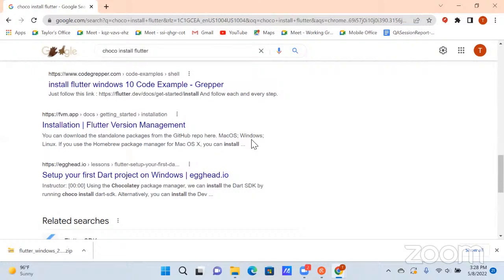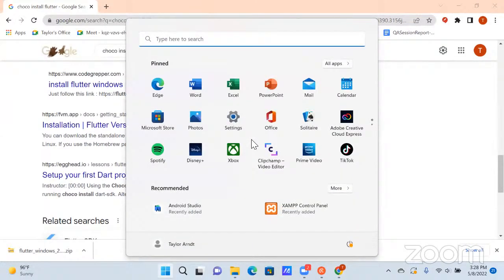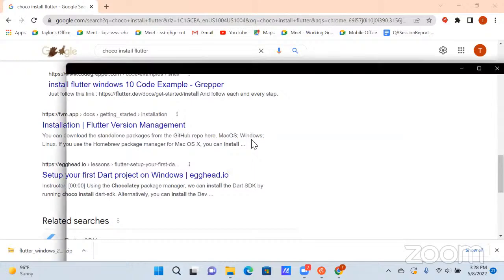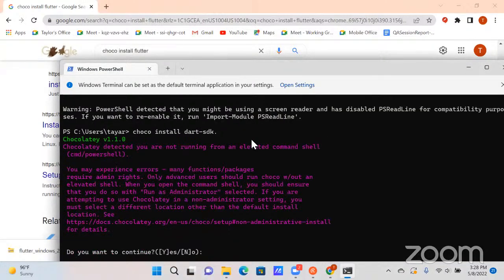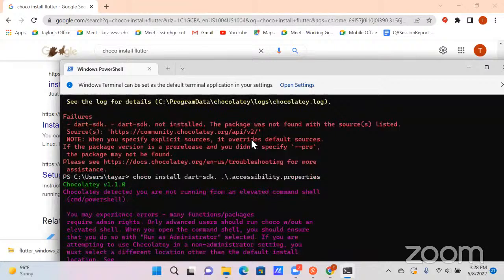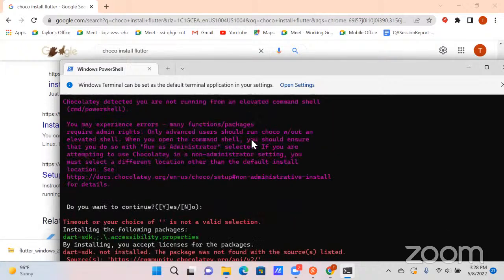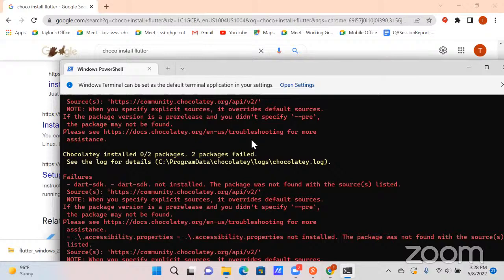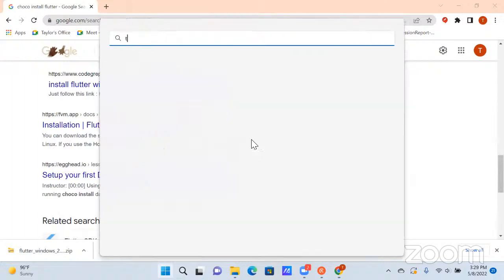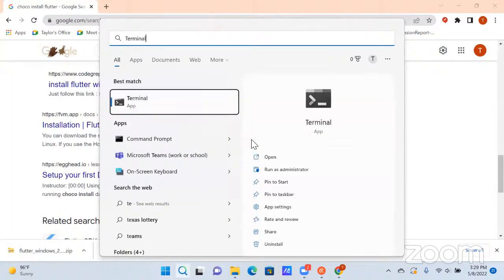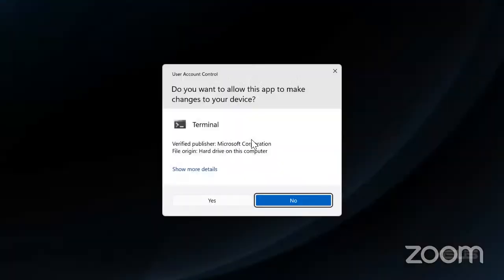dash install Choco install Dart SDK Okay, Choco copy the install clipboard start window search box edit Dart SDK. lock terminal app Windows terminal Windows PowerShell blank Chakali detected you are not running from an elevated command shell left parent CMD/PowerShell right parent you may experience errors many functions packages require admin rights only advanced users should run Choco W/out an elevated shell when you open the command shell you should ensure that you do so with run as administrator selected if you are attempting to use Chakali in a non-administrator setting you must select a different location other than the default install location C https timeout your choice of is not a valid selection installing the following packages dart-sdk.semi.backslash.accessibility.properties by installing you accept licenses for the packages timeout your choice of is not a valid selection installing the following start window search box edit blank terminal app find your terminal app document context run as administrator secure desktop